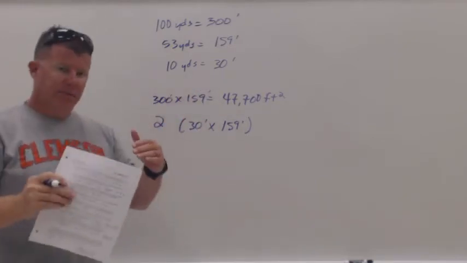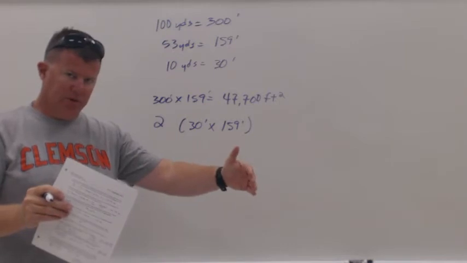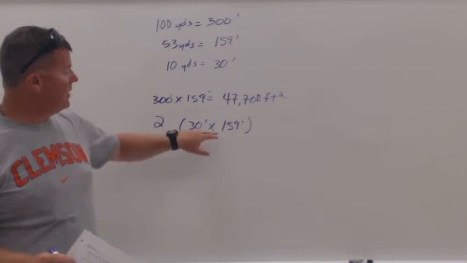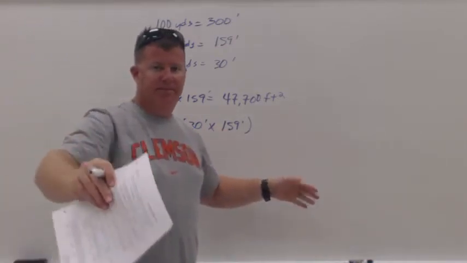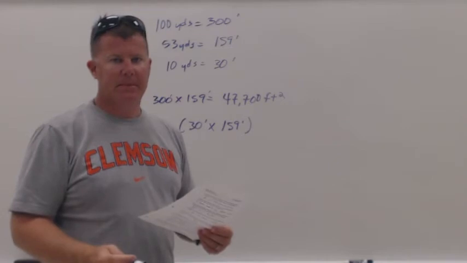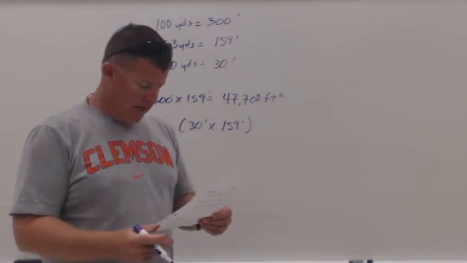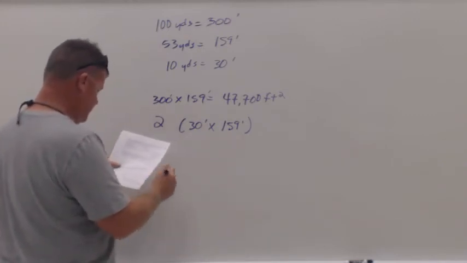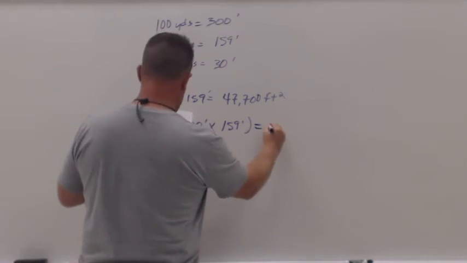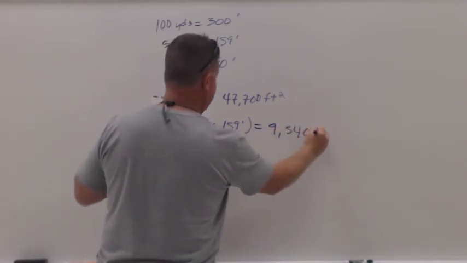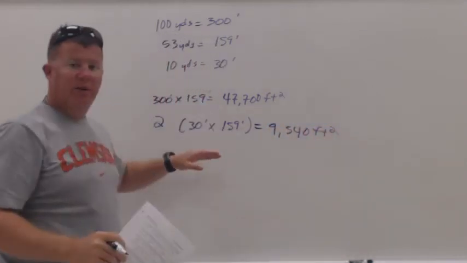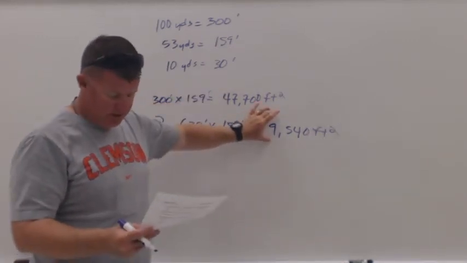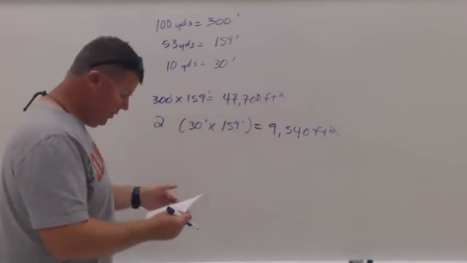Because from the goal line to the back of the end zone we have 10 yards, so it's 30 feet by 159 because it's wide. And this is going to give us 9,540 square feet for the end zones. So here's the actual goal line to goal line, and here's what's in the end zone. So we need to add these 2 together, which gives us